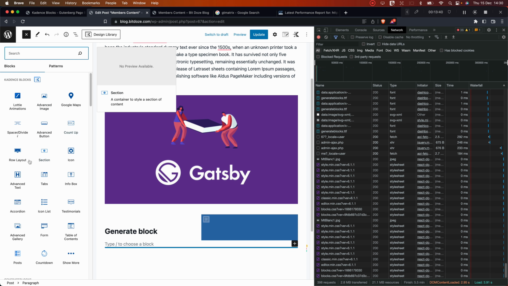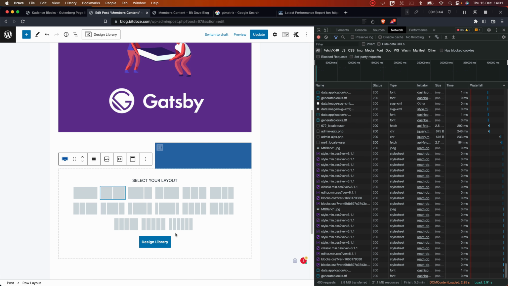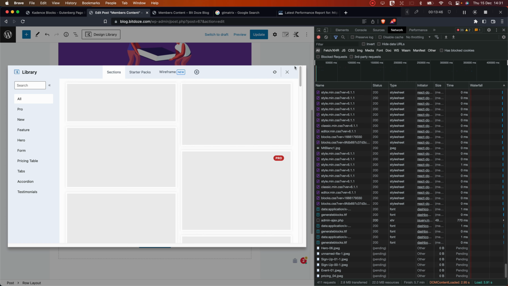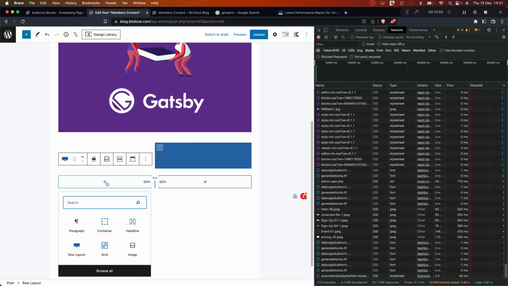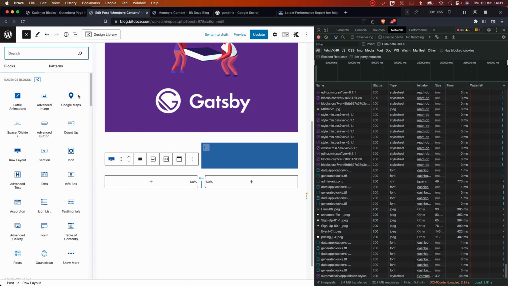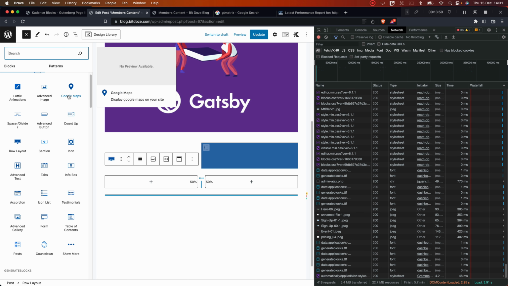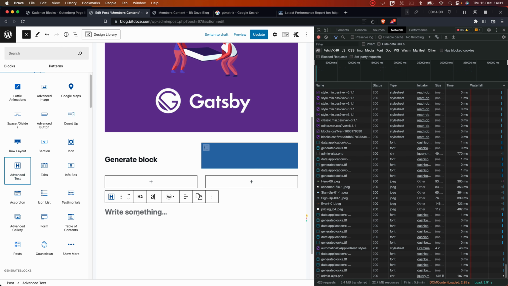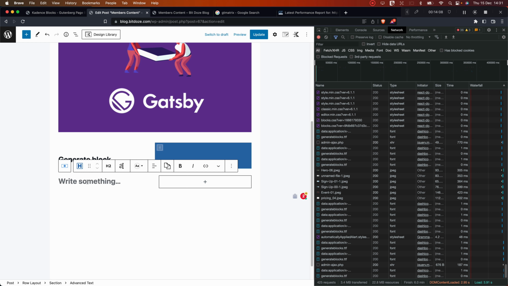Right now I will add a row for this, and I will split this thing into two. Okay, I'll not use the design library. Let me do it like this. And in here I will add a header. Let me add the Cadence header, icon, advanced text. Let me move this thing in here, and in here we have the Cadence